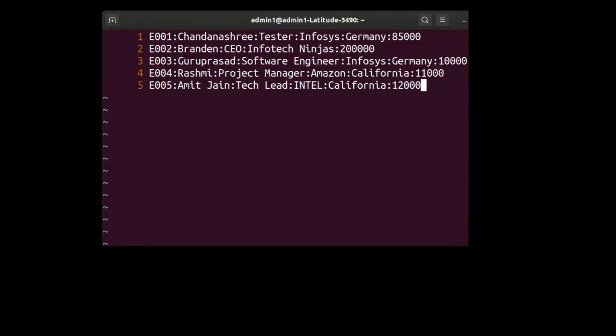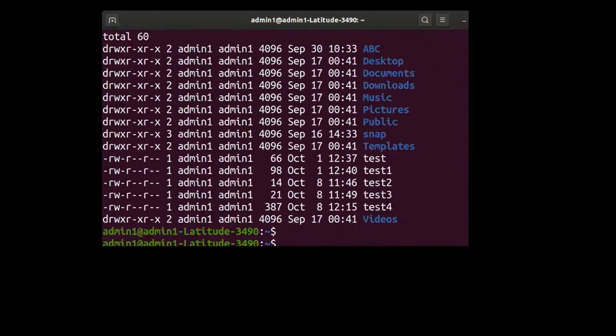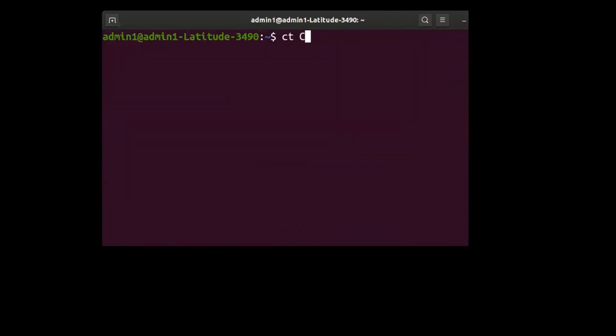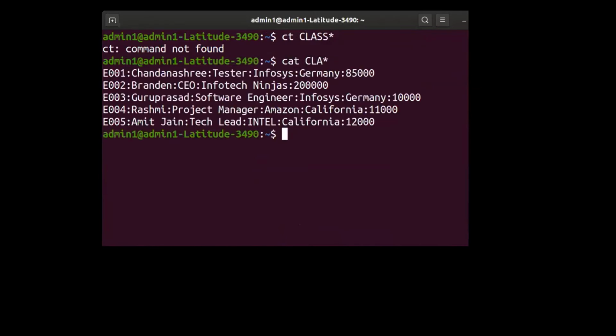So this is my database file. Watch out carefully, this is how a database file is created. When you look at it, it looks a little bit hazardous. The lines are not one below the other, but that is what Unix is meant for.